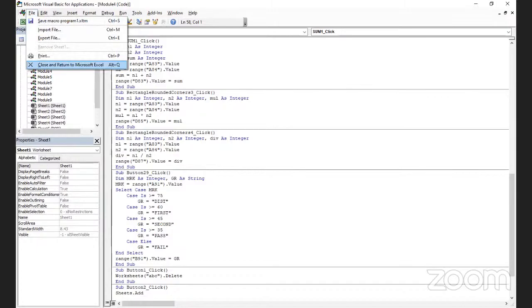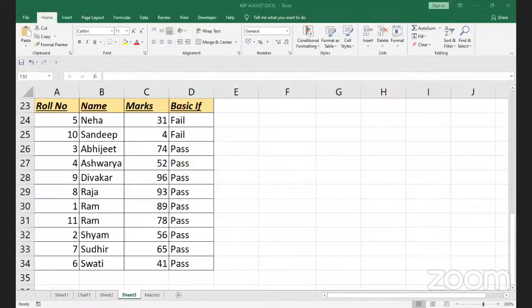This is close. Now how I have created a button with the help of developer, insert and button only मैंने सिखाया आपको। How we can create a micro first and then we can assign a button, वो भी हम लोगों ने सीखा। How we can create the calculation part with the help of if, pass, fail, और वो हम लोगों ने सीखा। Day, month, year, now, ये जो basic function है date के, that also we have learned।